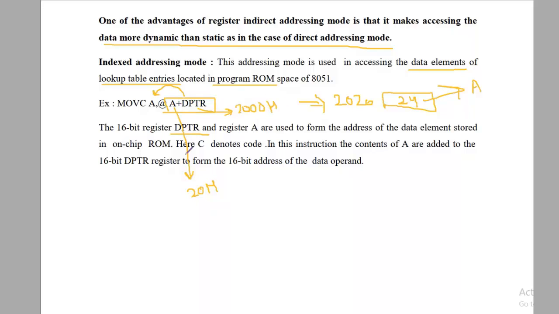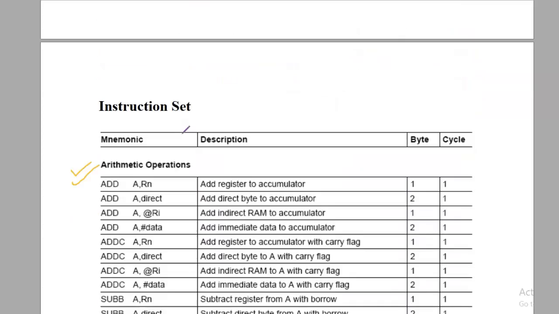Similarly, the accumulator is pointing to some location such as 20h. So finally, when we sum this, we will be getting the location 2020h, and at this location we are having data 24. This 24 data will then be saved to the accumulator. So this is the meaning of this operation.